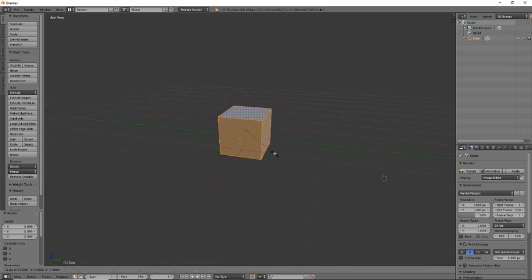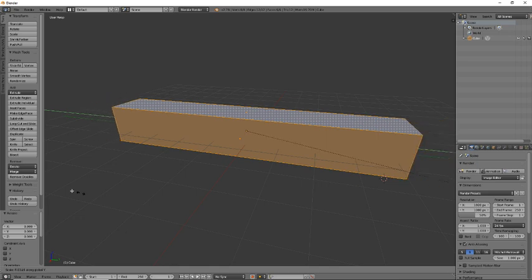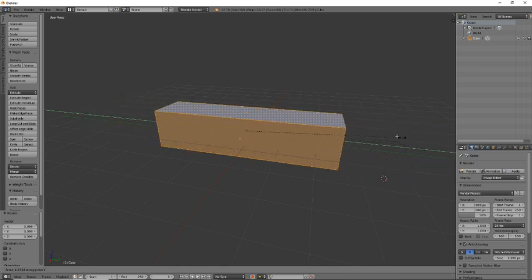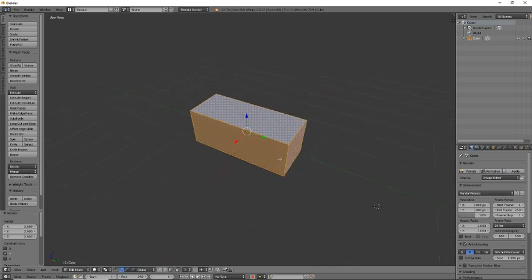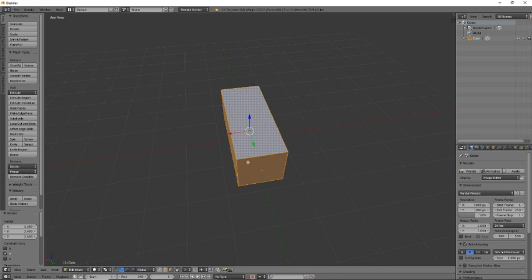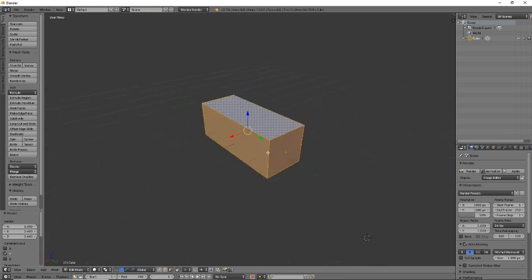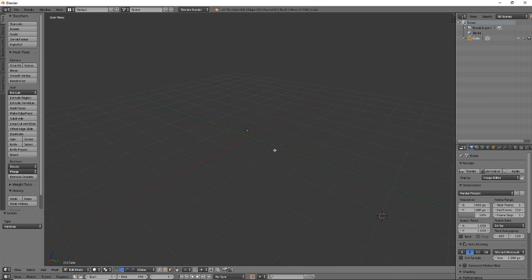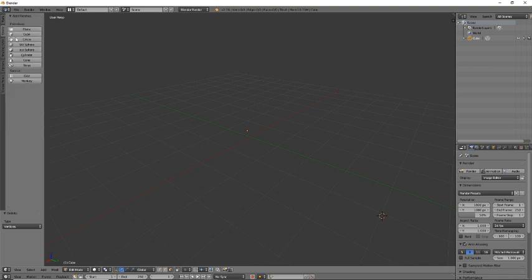So if I press S to scale and then press Y, I can only scale it on the Y axis. If you have a complex shape, it's very hard to get rounded edges or something like that, and this is very useful for those types of things